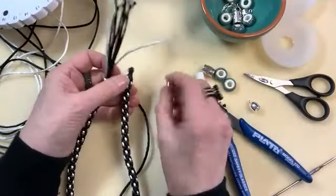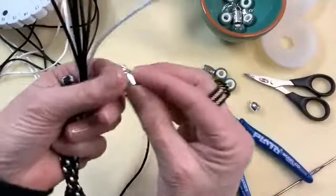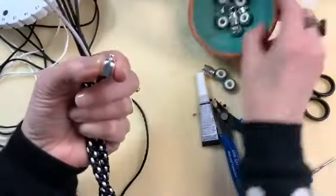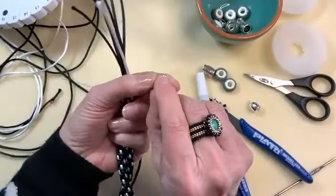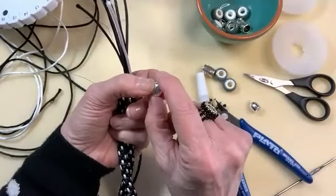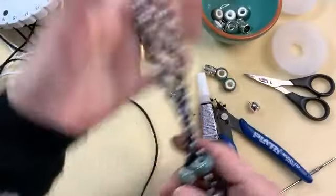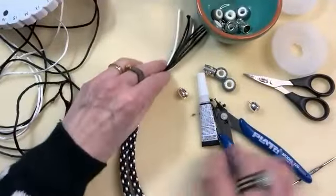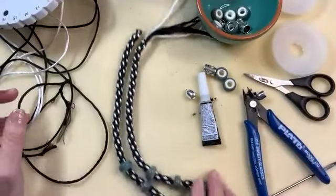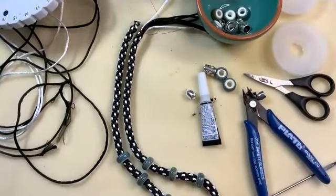That's it, you guys. Then you can add these little loops on it. The findings usually come with jump rings, and you can add whatever kind of clasp you want. If you find that your necklace is shorter than you had planned, I'm going to show you that you can